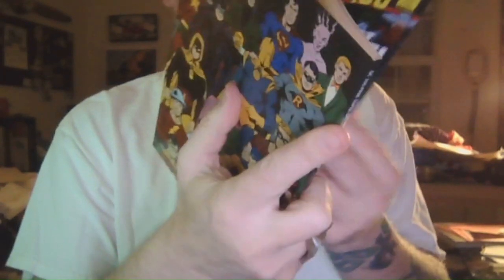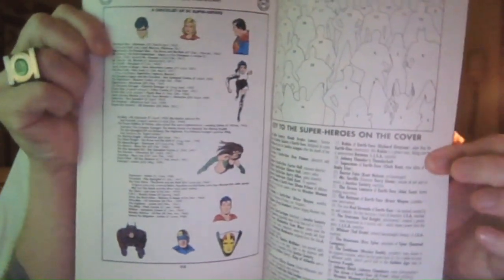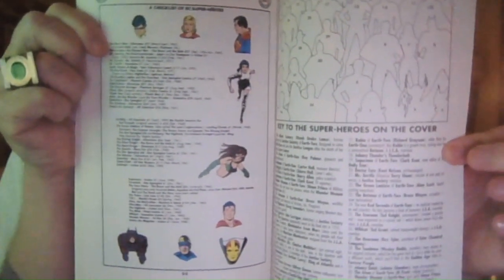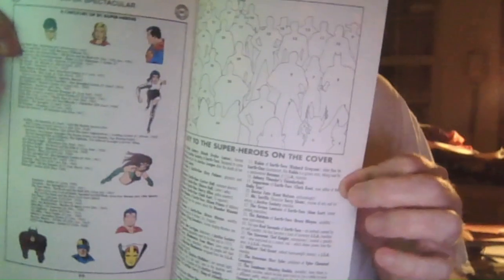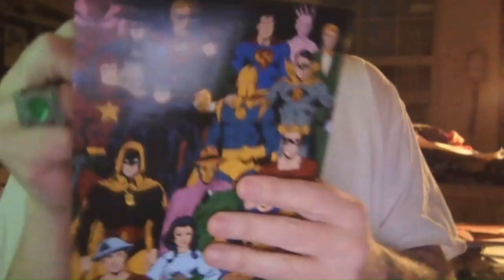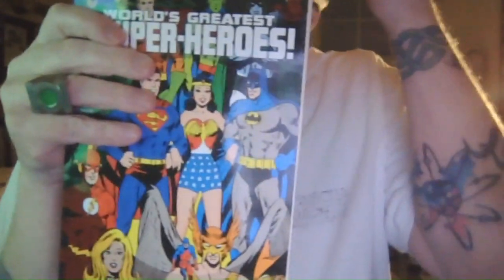And the other thing is that they have a checklist, which is astounding. A checklist. I'll show you the last page here because I don't know where it starts, but they have a checklist of superheroes at the time. Mr. Miracle, so obviously Jack Kirby showed up. Superman, Wonder Woman, a guide to all the people on there. You do have the Red Tornado, your second Red Tornado, but Ma Hunkel is not represented. She is mentioned,